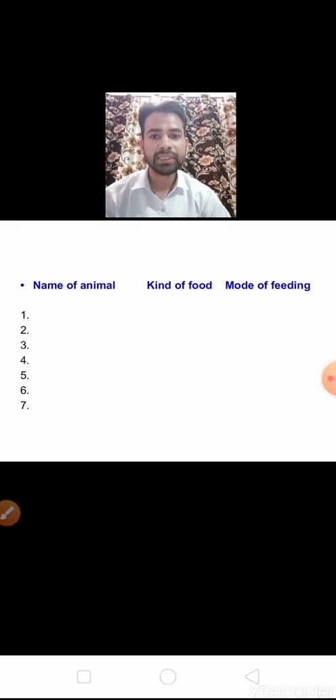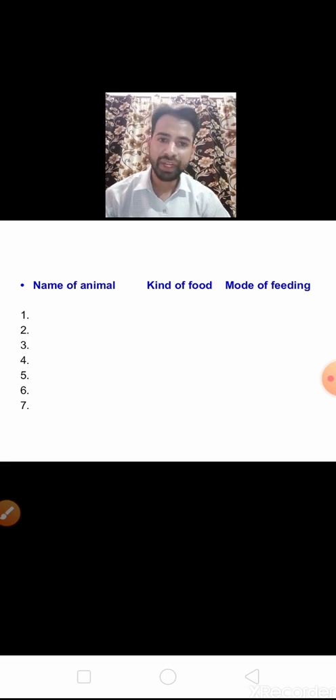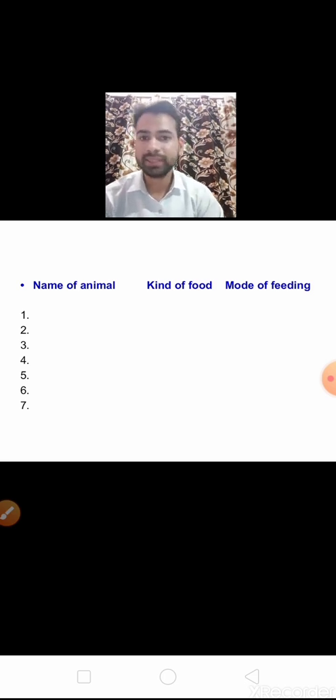Okay, for example snail, you have taken as the first animal. They take food as grass, and the mode of feeding is chewing. Okay, hummingbird, they take nectar as food, and the mode of feeding is sucking. So you have to take 7 animals that we have not taken in this activity.